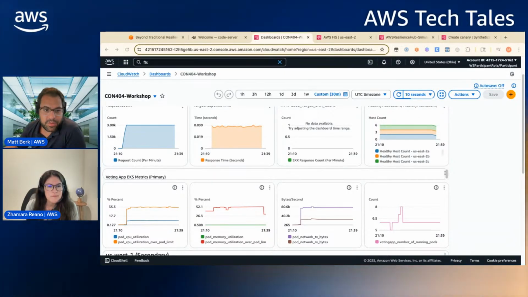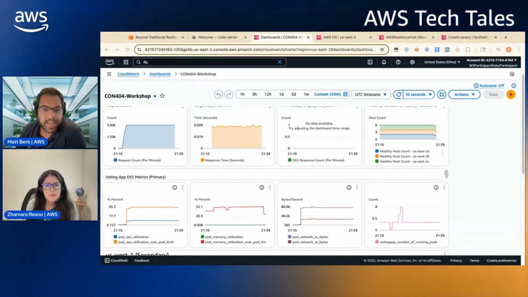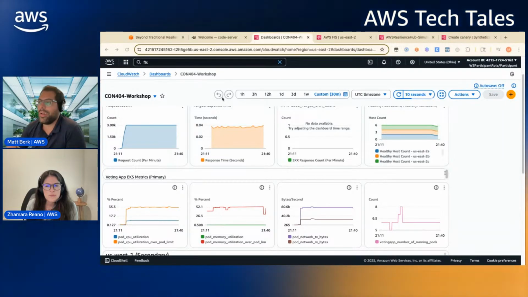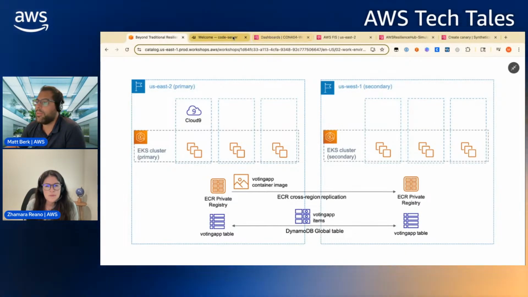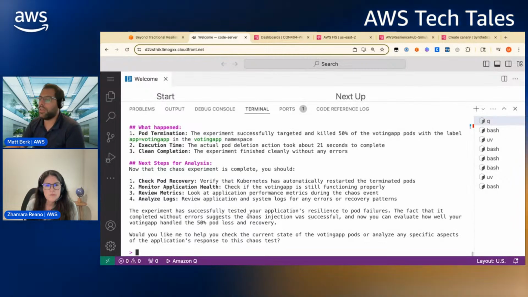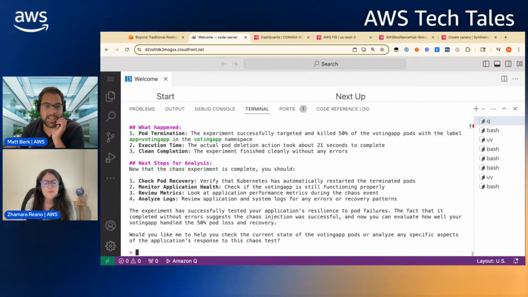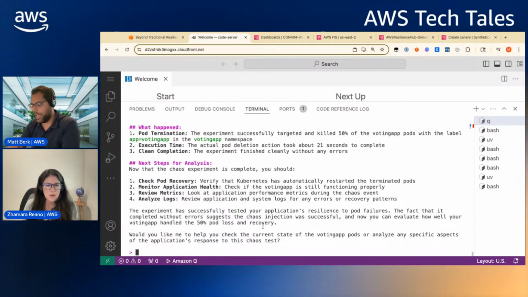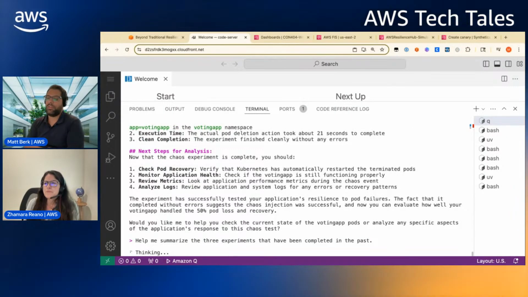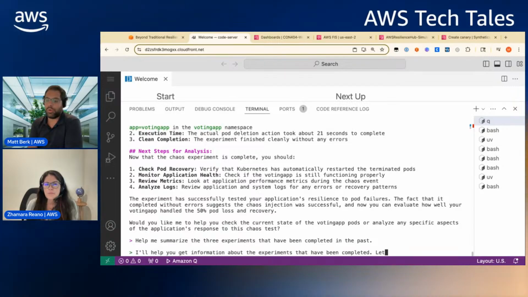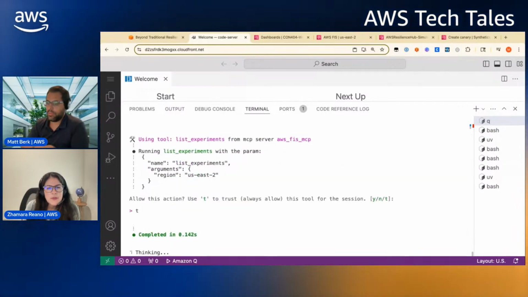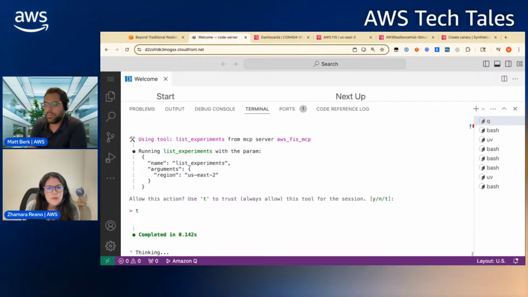So what's super interesting here is that, let's say you wanted to do something new, because before we basically told Q to kill 50%, right? Let's change it. But now you could, let's say, summarize it. So let's say, what happened in my accounts? What was going on? Okay. Help me summarize the 3 experiments. Okay,